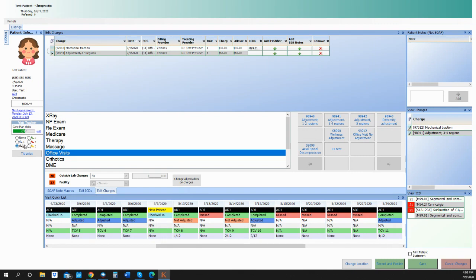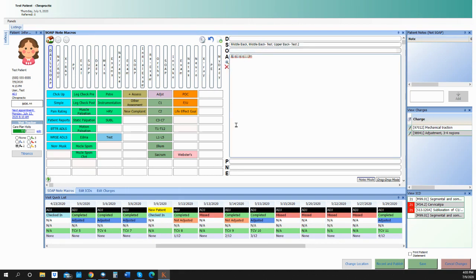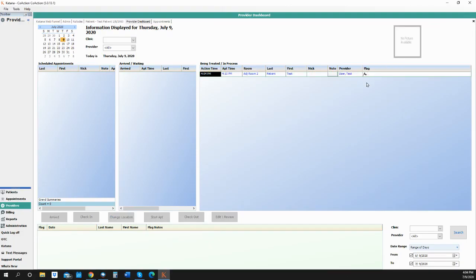These flags can be placed on a specific appointment, so that way you can indicate that there may be something that didn't get completed. Katana does not indicate what those specific flags are and what those colors are. You get to decide what those colors mean in your office. So maybe you can see obviously that I entered in soap notes, but maybe I didn't get a chance to because I was running behind. I can select the specific color associated with missing CPT codes, hit save, and now that flag has been attached